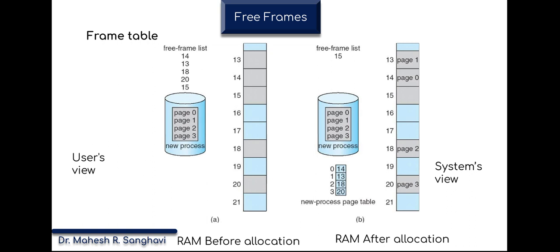When you allocate, this particular table will be generated, and you will understand that this particular memory is allocated like this. How will it be allocated? It is very simple. Whenever any virtual address or logical address comes, this page table will convert that into the physical address, and finally the memory will be allocated. That's the beauty of this particular frame.